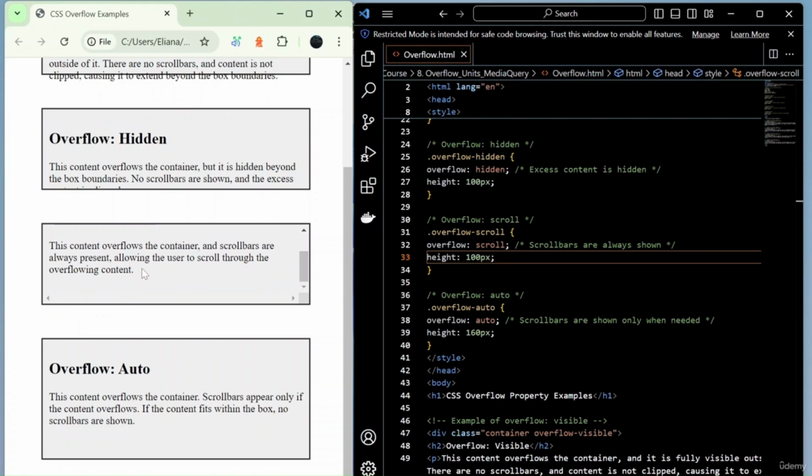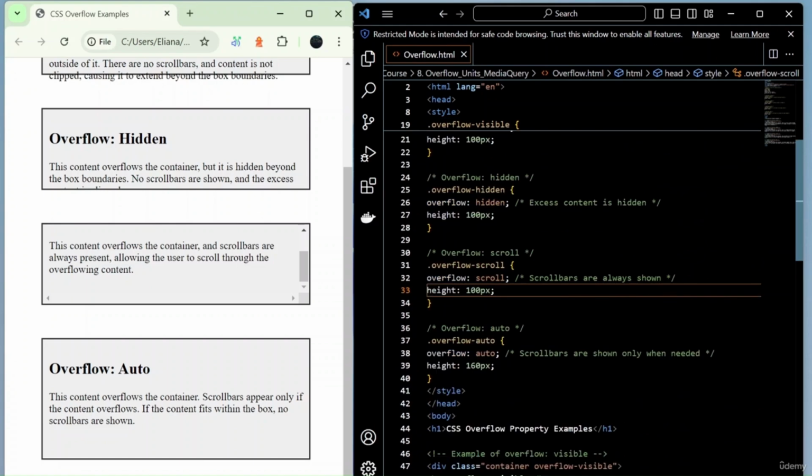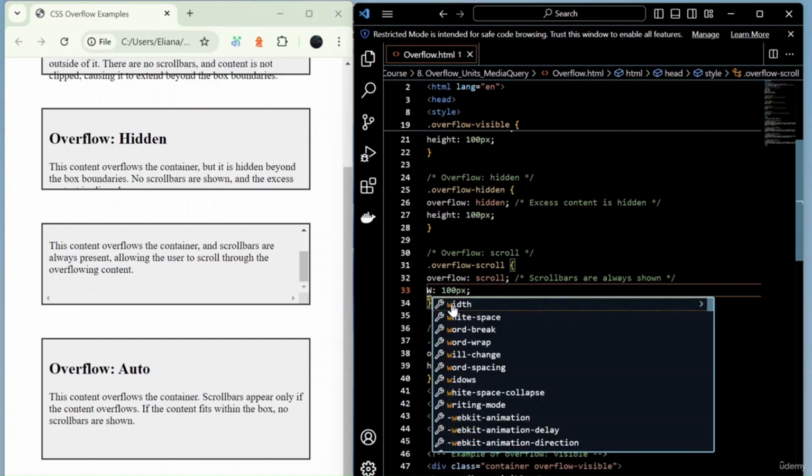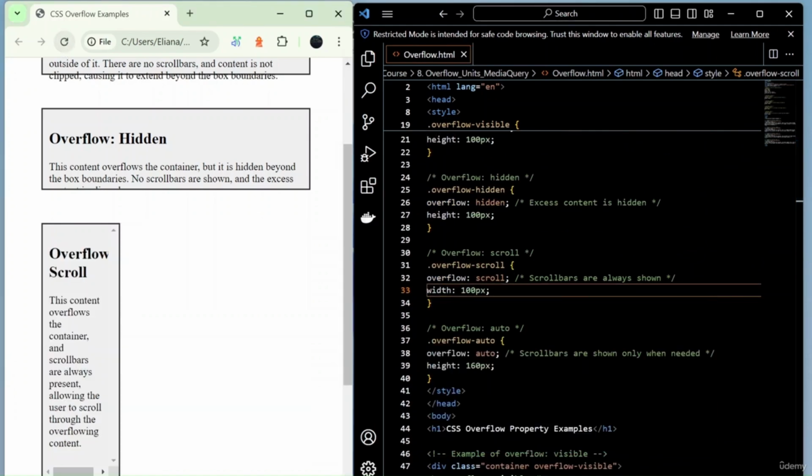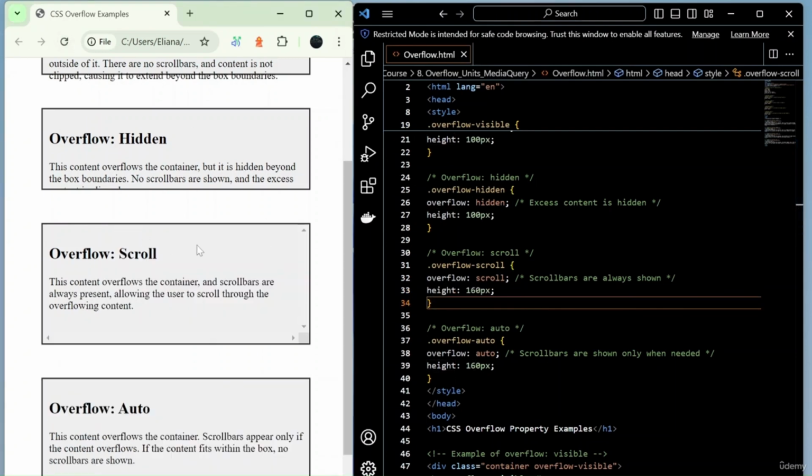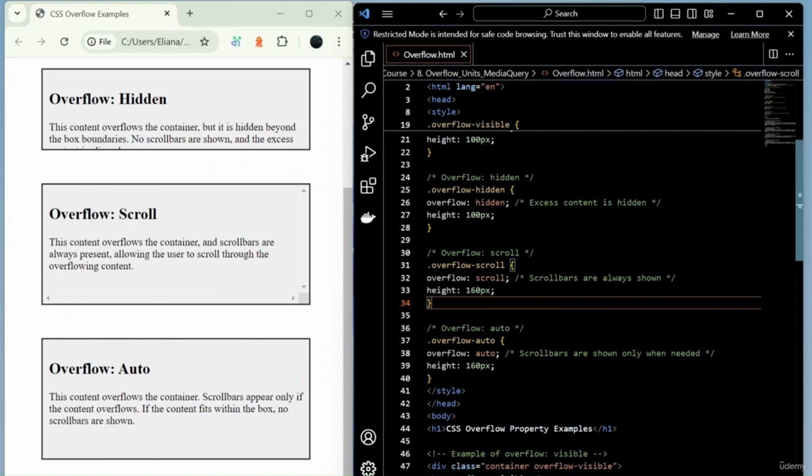And if the width is smaller, it's going to allow the horizontal ones. Let's say if I add here the width 100, right? In that case, the horizontal ones are going to be the ones that allow me to see the rest, or just to scroll horizontally, okay? But in any case, as I said, even if you can still see the entire content, the scroll bars are always going to be there. And now we have overflow auto,